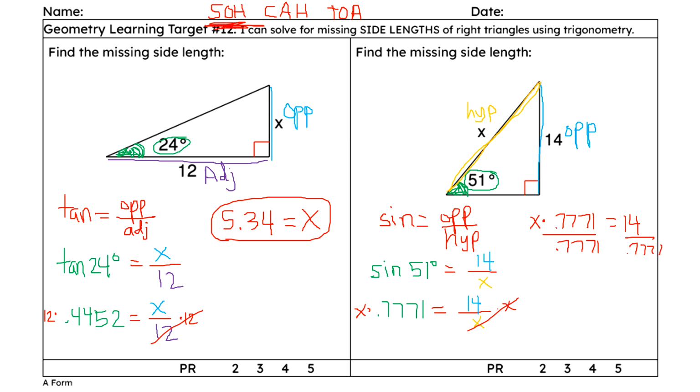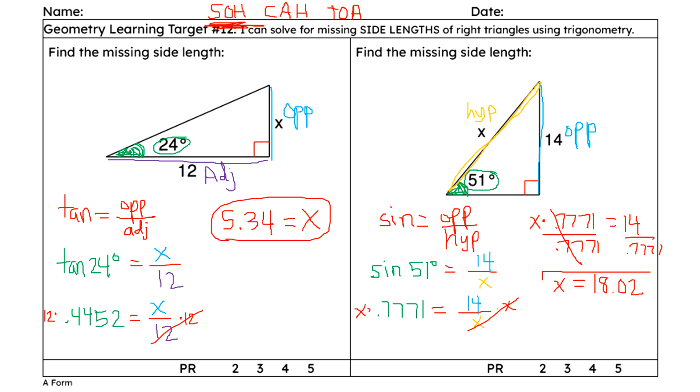And let's see what happens here. Now I'm going to get the x all by itself, and x will be equal to whatever 14 divided by 0.7771 is. 14 divided by 0.7771 is about 18, just a little over 18. I'll give you two decimal places here,